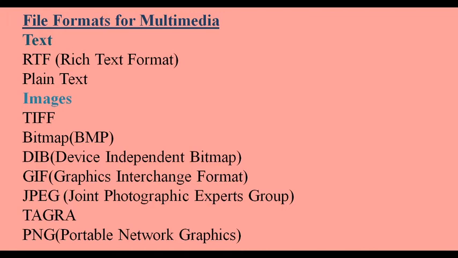The next one is bitmap image file format, BMP. Initially this format was used with the Windows 3.1 operating system. Windows 3.1 is the first operating system designed by the Windows company, and it is quite large and an uncompressed file format. Hence BMP is used for high resolution or large images. Next one is DIB, which stands for device independent bitmap. It is also similar to a bitmap image and it can be displayed by a variety of devices.